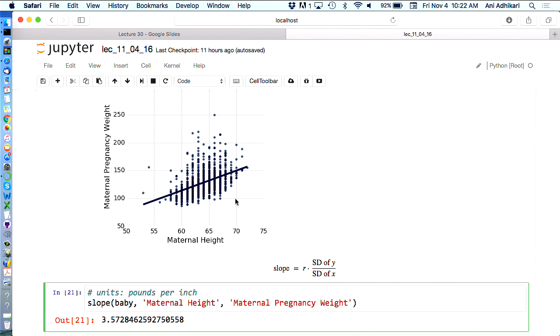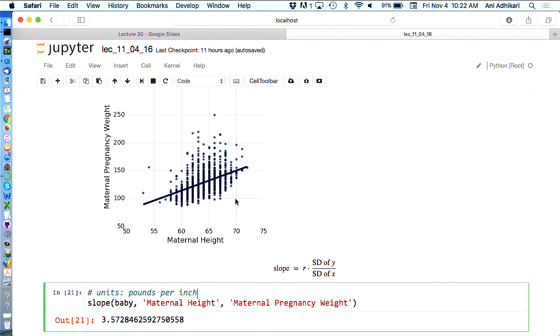I picked this data set particularly. I mean, we are really tired of these mothers and babies. But this particular pair of variables makes a point. You see, the stripes, why are there stripes? What's on the horizontal axis? Heights, and how have they measured them? In whole inches. Right? So the person who was 68.25 inches tall has probably been lumped to 68. Right? So you see these stripes, and they're 1 inch apart. Just take a look and convince yourself that the stripes are 1 inch apart.